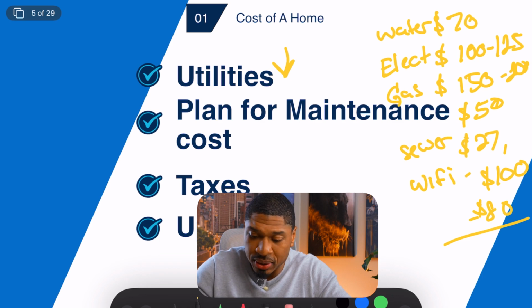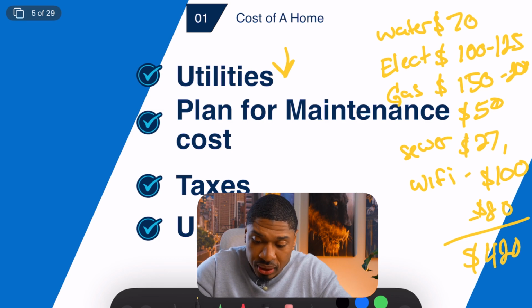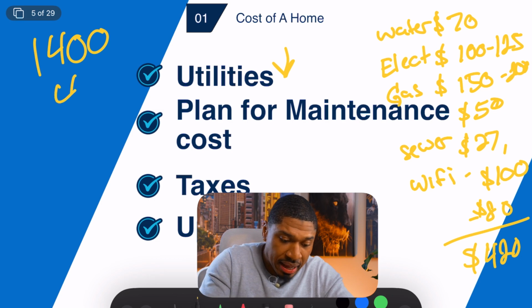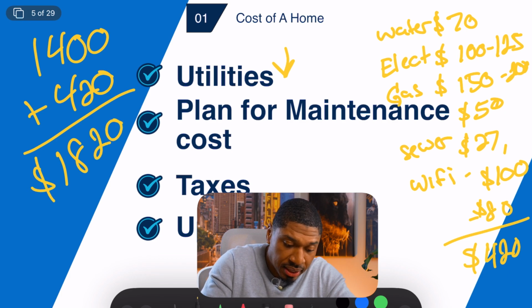So if we're looking at that, what is that? Let's go Wi-Fi 100, let's go gas 150, especially for the summertime. That's what, 250. And then you also have electric, let's call that 300. Water, that's going to be what, 420. So if you are including that sewer, you've got an extra $420. So let's say, what was that, 1320? Let's just go 1400 for even numbers, plus 420 for your utilities. You have about 1820